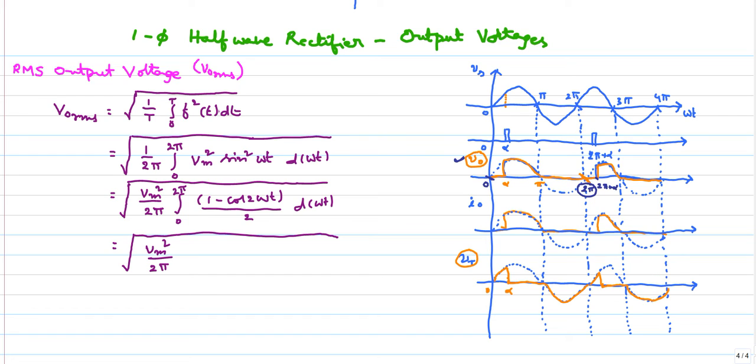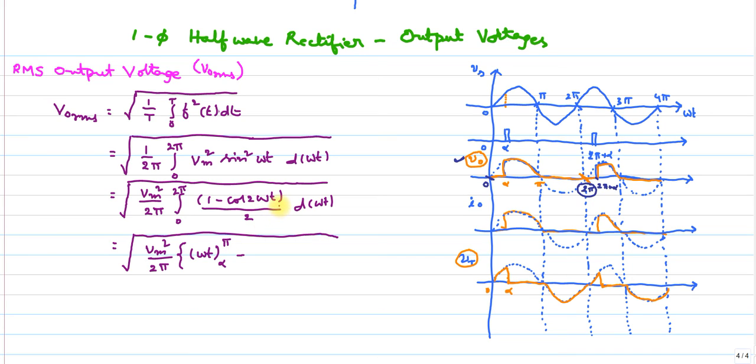So 1 d omega t will come as omega t, from 0 to 2 pi. Again, from 0 to alpha it is 0 and from pi to 2 pi it is 0, so I can take only alpha to pi. So the limits are alpha to pi,